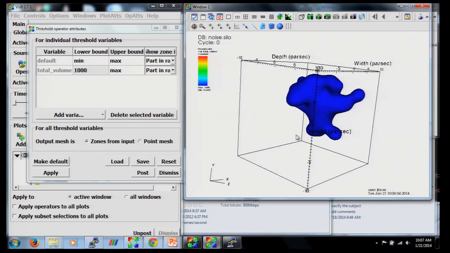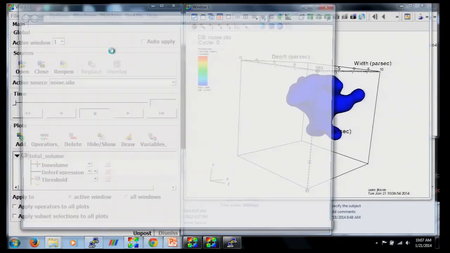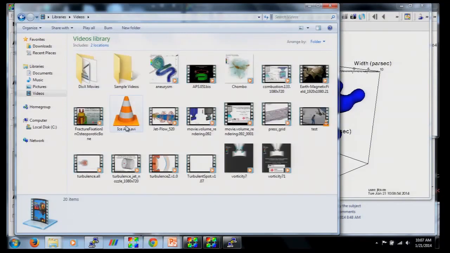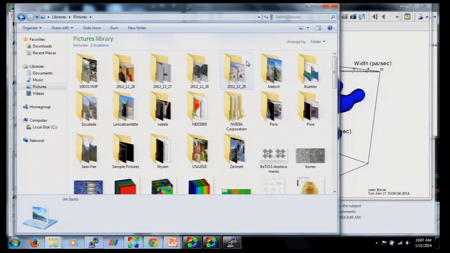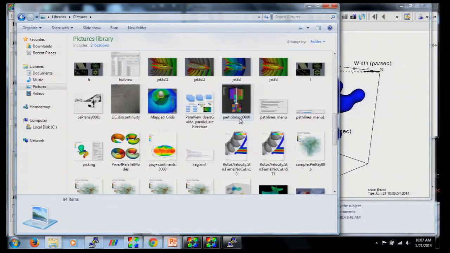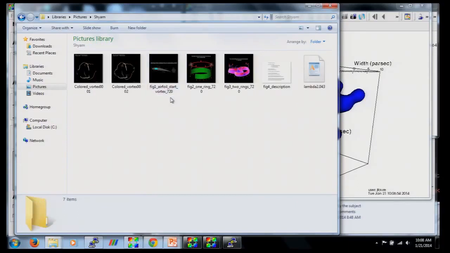Okay? It's kind of an involved analysis, but it's typical of a lot of data analysis we have to do. I could give you a practical example of this. Libraries, videos. There should be, not here. I don't have the movie, but